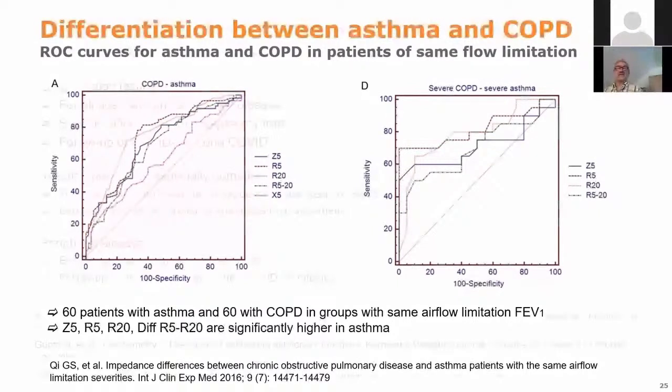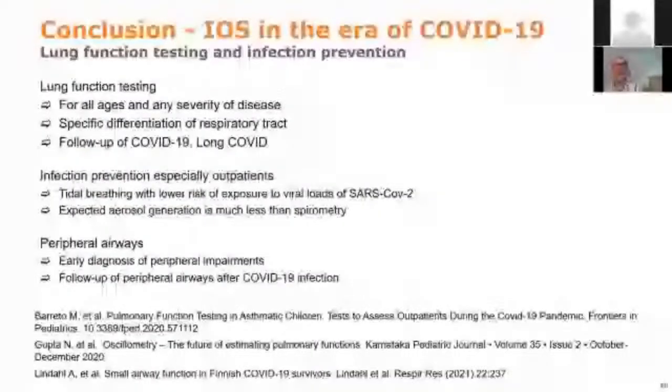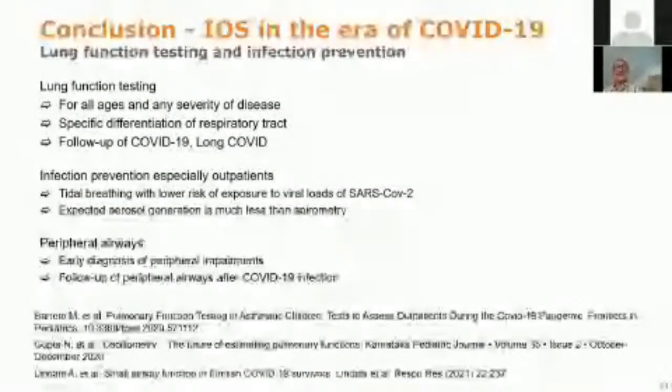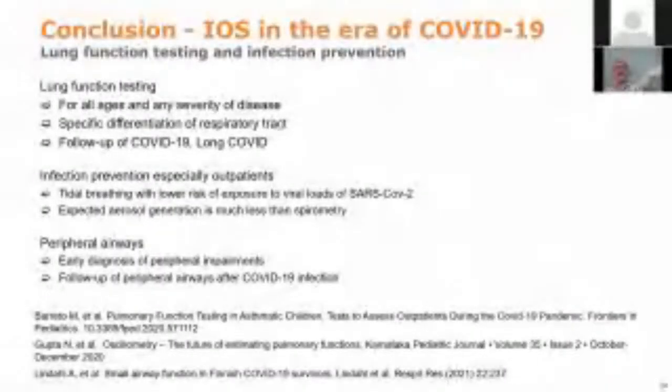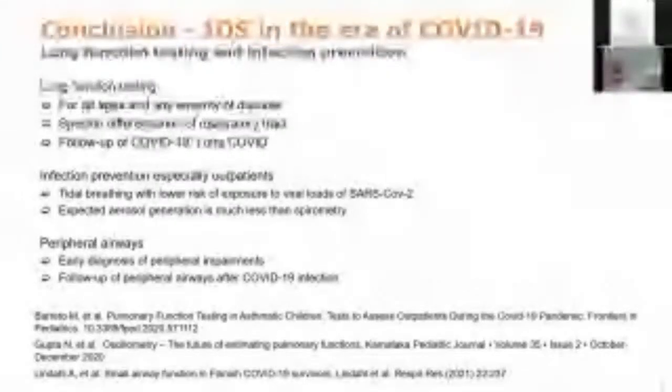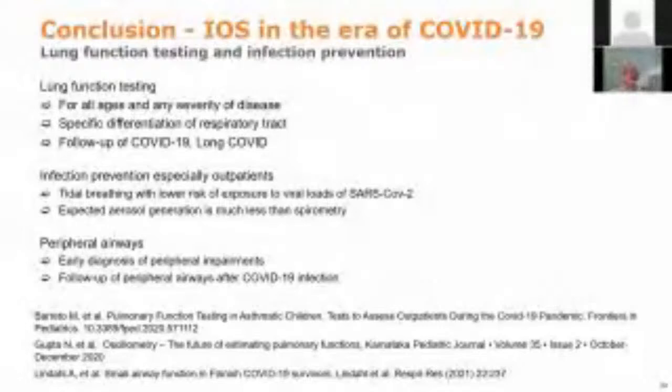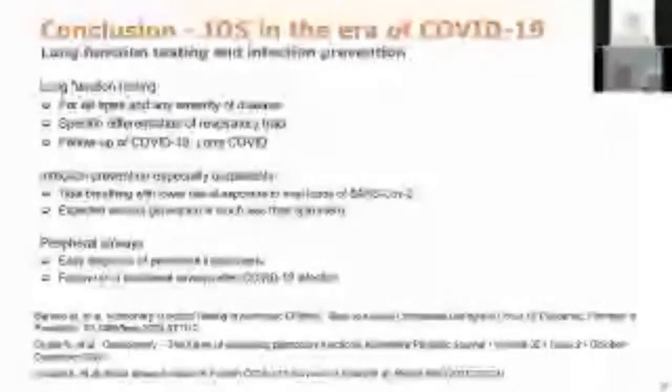I'd like to conclude with the IOS also in the era of COVID-19. The lung function testing which is possible with oscillometry concerns all ages and any severity of the disease. It's a specific differentiation of the respiratory tract. As I said, it differentiates the large central airways from the peripheral airways. And it's completely useful in the follow-up of COVID-19 patients or in the follow-up of long COVID, because it allows